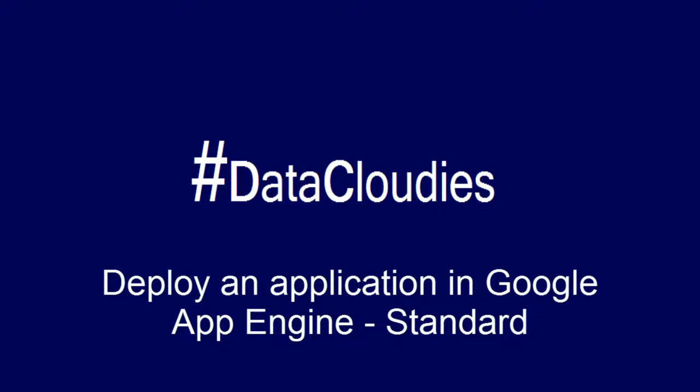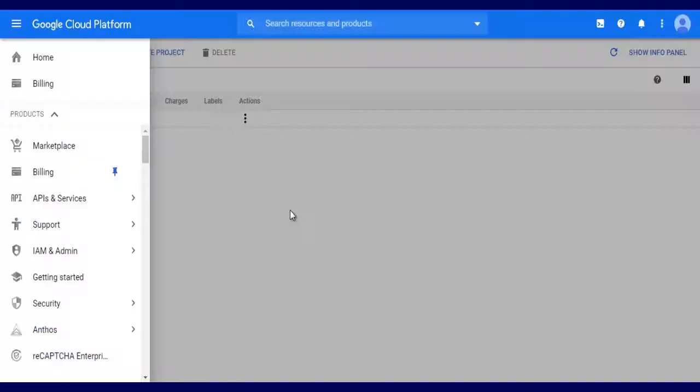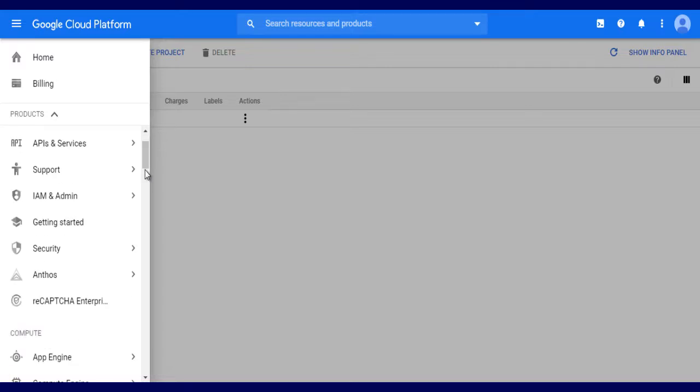Welcome to datacloudies. In this tutorial, we are going to see how to deploy an application to the Google App Engine standard. Log into the GCP dashboard, select the App Engine,